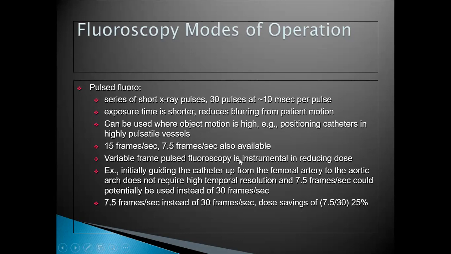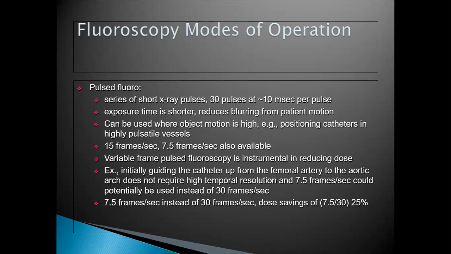This is actually going to reduce the dose a great deal. So this is one of the dose saving techniques I use in fluoroscopy, where we don't need a very high resolution. We should reduce the frame rates as small as possible,